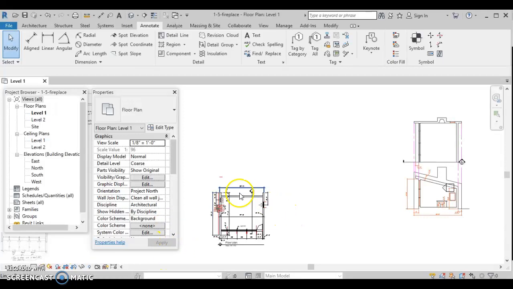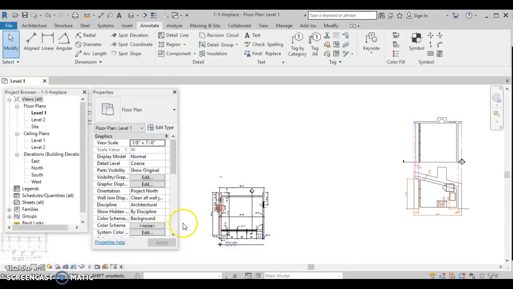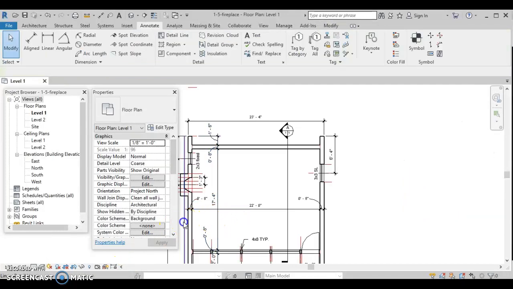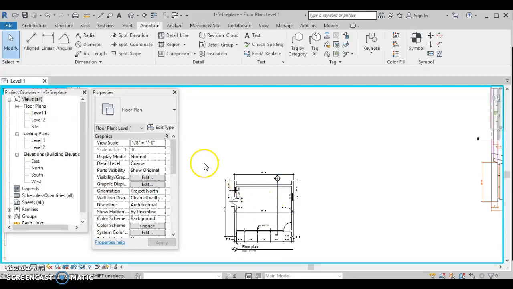Ready to do cross section. So go ahead and copy what you have over here. You may want to turn off your red lines, your construction lines, so you don't copy that one. So hide category. Now you copy,